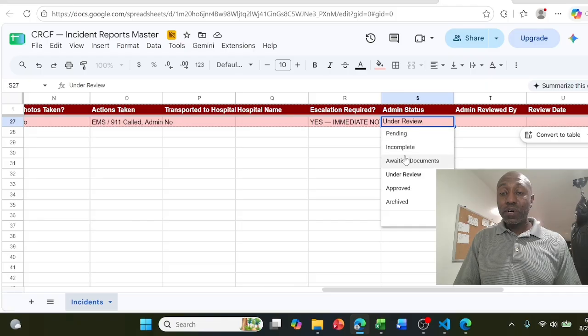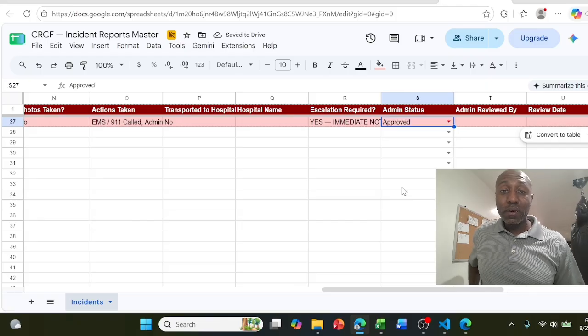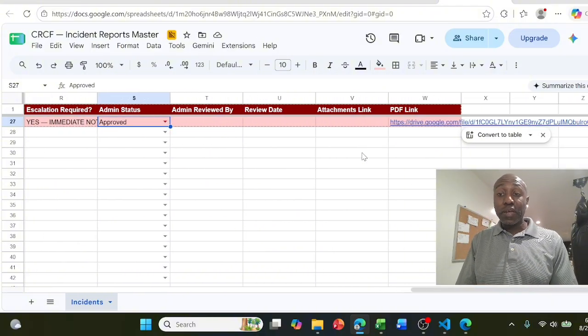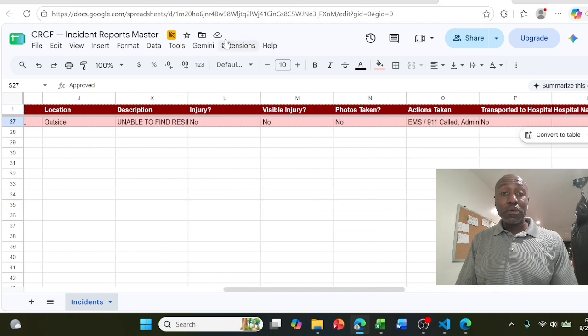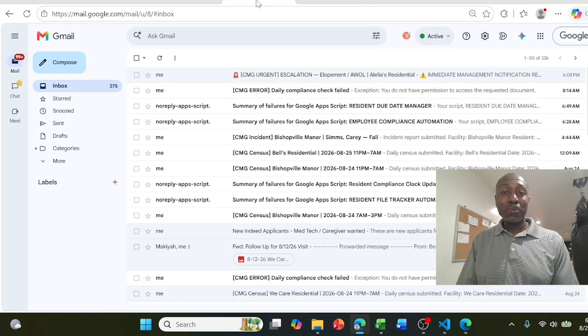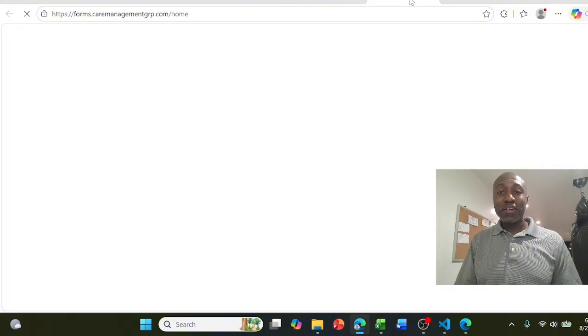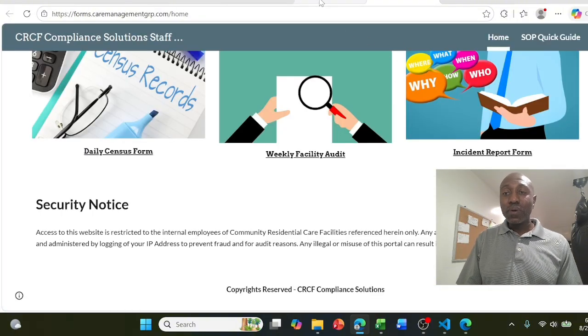Now, I don't know what this does, but let's see if it does anything. All it did was save it to the drive, actually. Okay, it said save to drive. I said, I don't know what it does. Let me double check. All right, so it didn't send an email or anything like that. So now what I want to do,